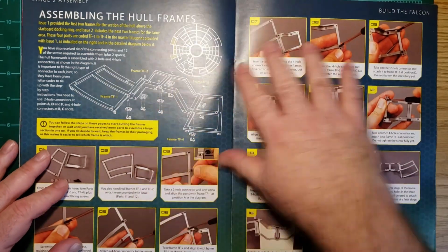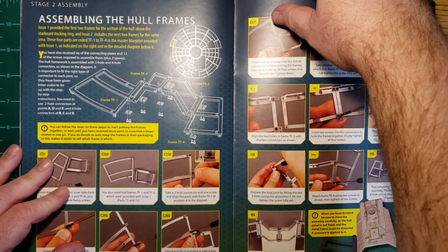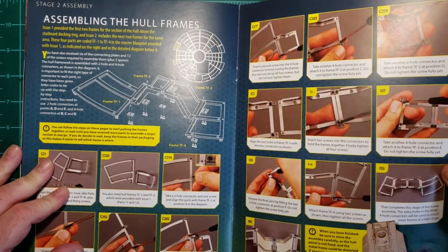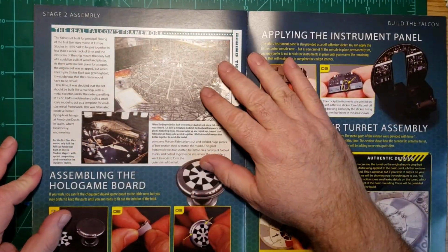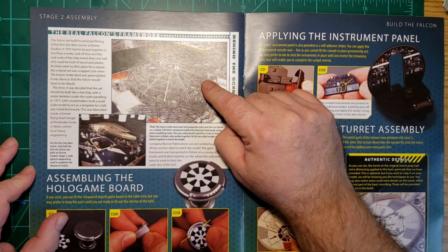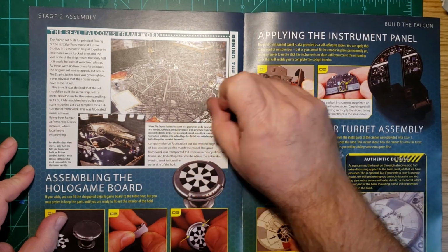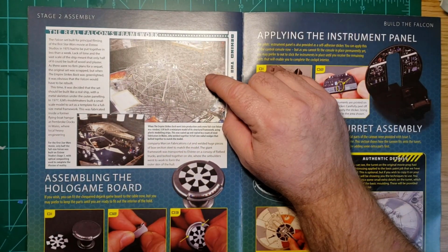And as you saw, these are what we were doing in issue 2. And then we have this interesting tidbit of info here. So this is a model of what they built for the framework of the Millennium Falcon. So it says the